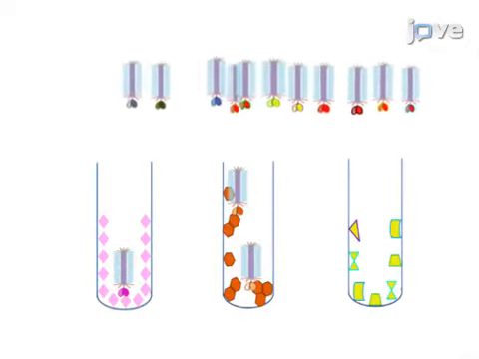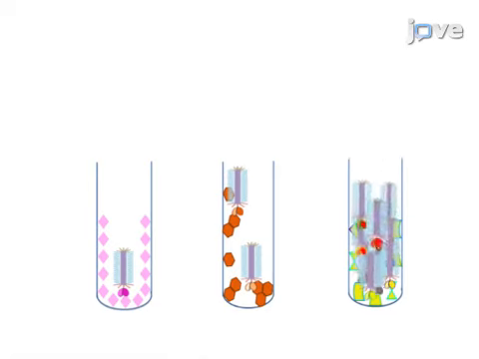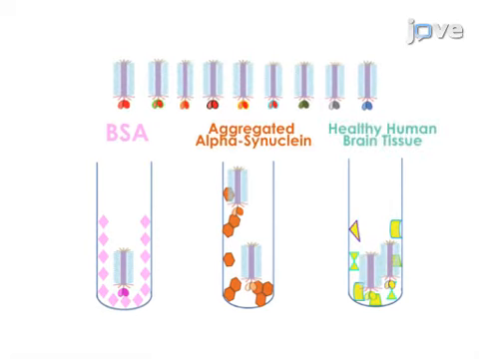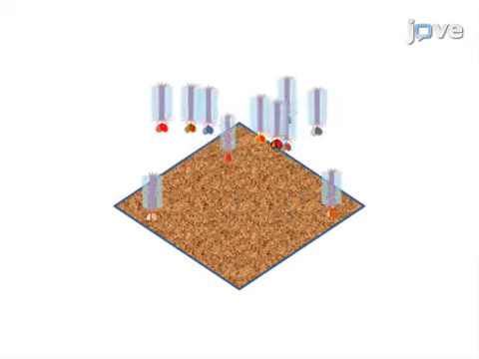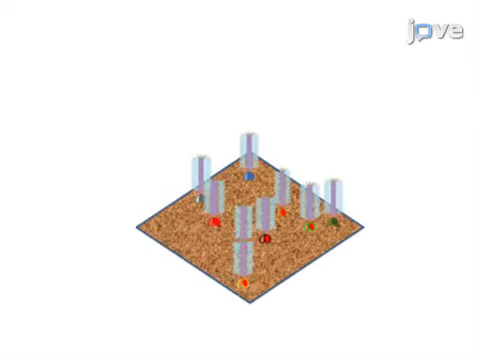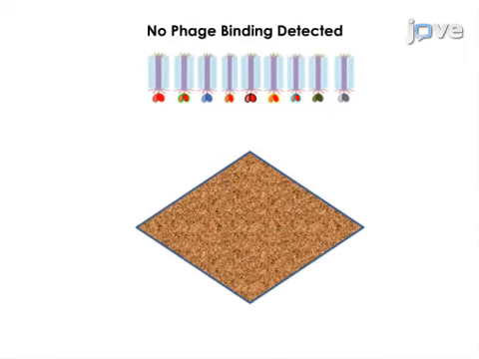immunotubes. Negative panning is performed sequentially against bovine serum albumin, aggregated alpha-synuclein, and healthy human brain tissue. The second step is to complete AFM verification after each set of negative panning to ensure successful removal of all unwanted phages. In this negative panning example using aggregated alpha-synuclein, phages are visible after one round, but are absent after